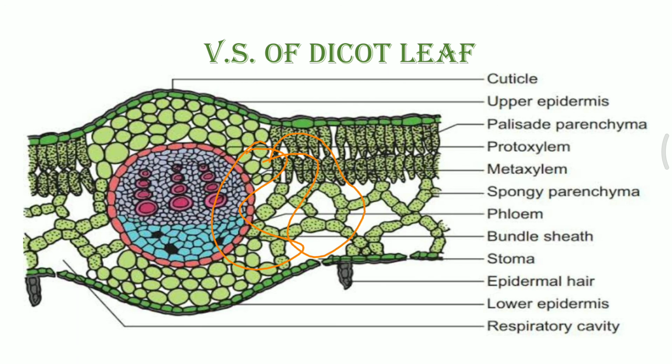Now, what is the meaning of spongy parenchyma? The substomatal spaces present in the palisade layer are not sufficient for the mesophyll cells for the conversion of water molecules into water vapor. So that transformation takes place in the spaces created by the spongy parenchyma, and as soon as the transformation takes place, the exchange occurs through the stomatal pore. In this way, the entire structure of the dicot leaf is now completed.